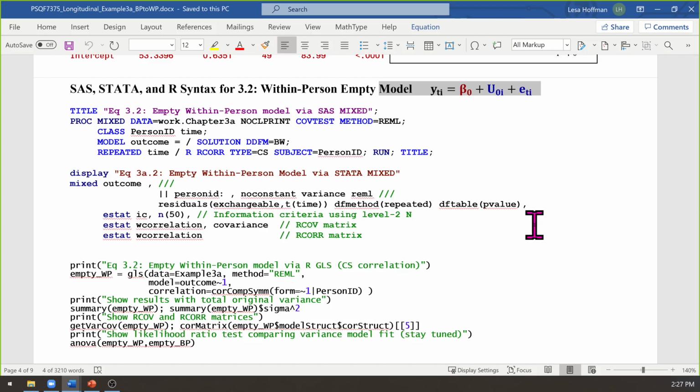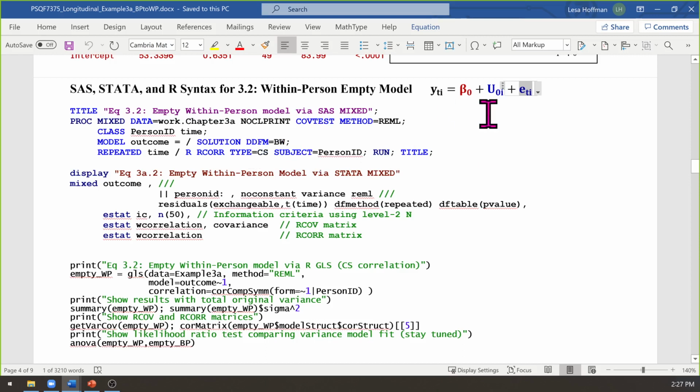What I am asking it to do is to take what we were calling just one pile that was 40 and split it into two pieces. How much of the 40 is because some people have a higher mean than other people? That part is my U0 variance. And then after controlling for person mean differences, how much variance is because some occasions are higher than others, so differences between pre-test and post-test. That part is E.